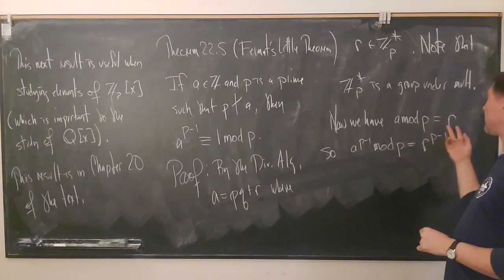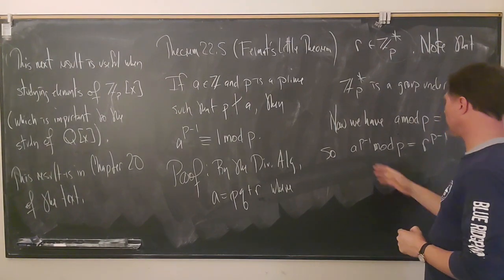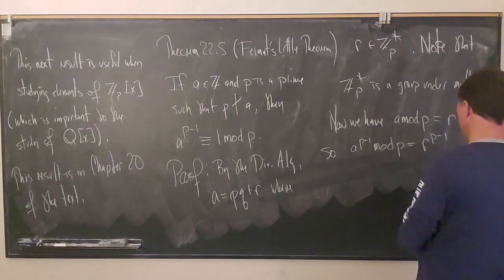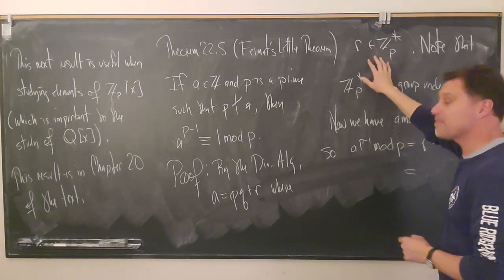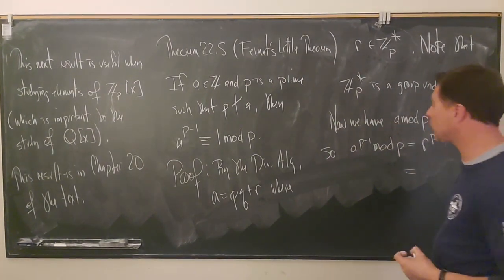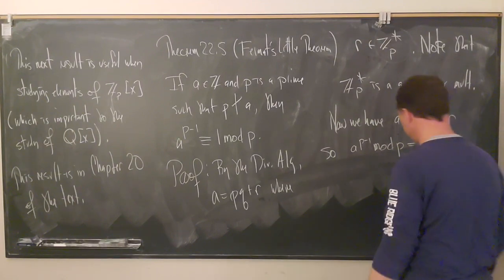All I'm doing is raising both sides of this equation to the p minus 1. But what's the order of this group right here? It is p minus 1. Any element raised to the order of the group is equal to the identity. And so what we get is